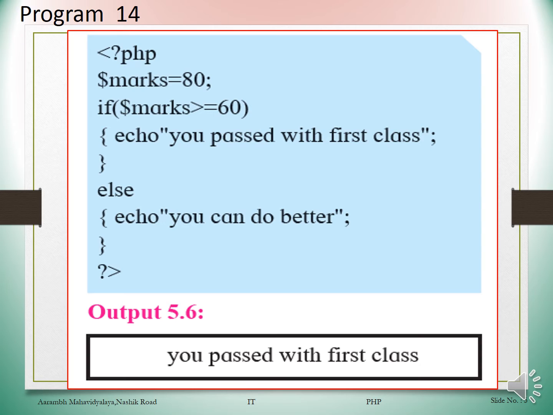You know that here the syntax for PHP declaration is different. To declare PHP, you have to provide the angular bracket, question mark, and php. Here dollar is used to declare the provided data as a variable. Due to this dollar, marks behaves as a variable, and we are providing value 80 to the marks variable. For that we are using the assignment operator equal to, and then provide the question mark to complete this part.